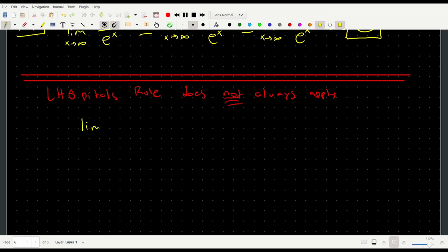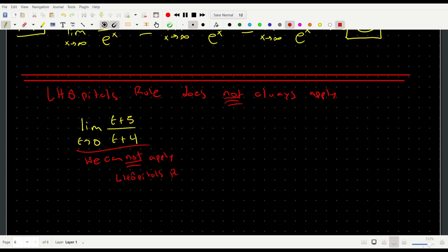So if I were to write, say, the limit as t goes to 0 of t plus 5 over t plus 4, right? We can't apply L'Hopital's rule here. So cannot. We don't need to, right? It's overkill, and not only is it overkill, but it's mathematically wrong,